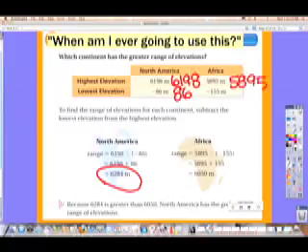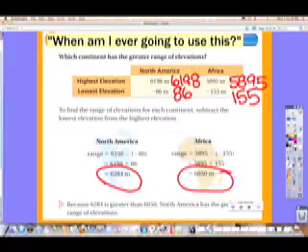So who won, North America or Africa? Yay, North America won. So remember to do absolute value when looking for range. Repeat after me. Absolute value when looking for range. Absolute value